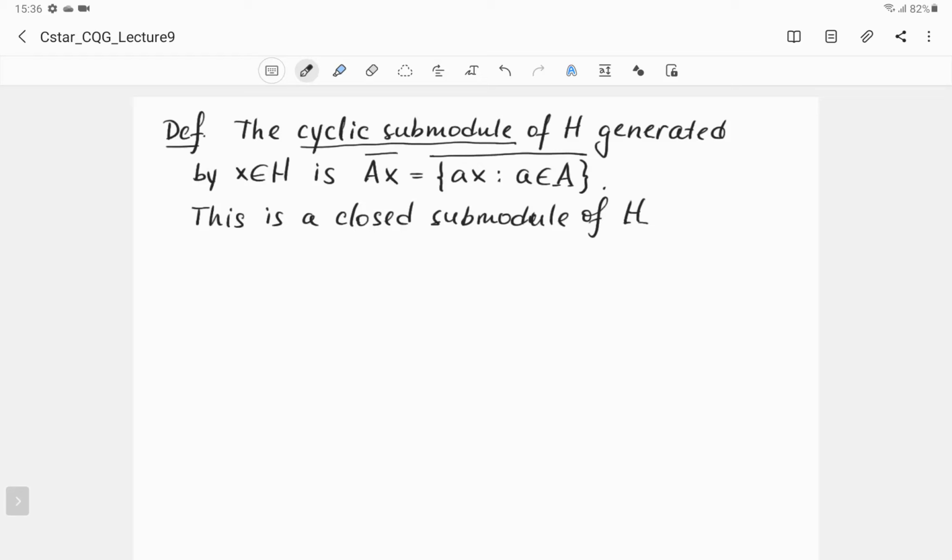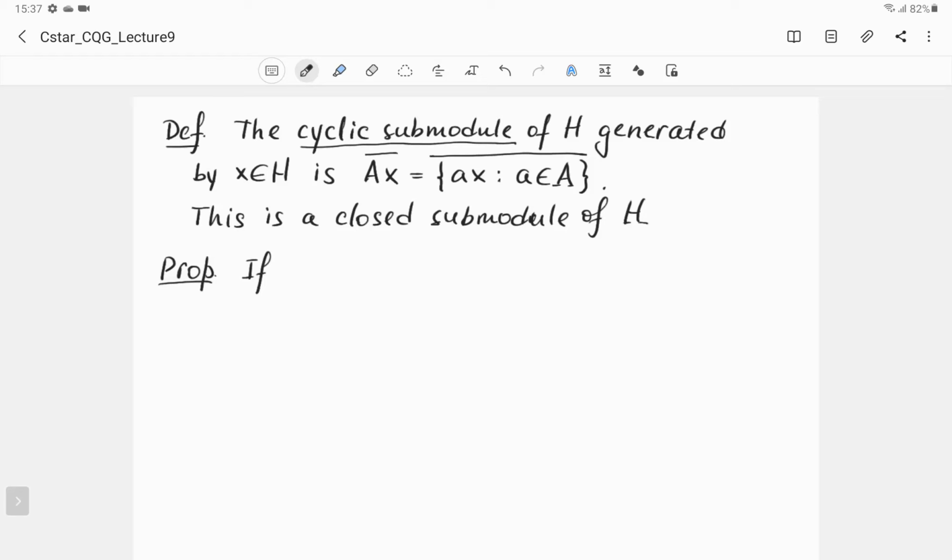In general, this is not true, but this is true provided that little x sits in the essential part of H. Now this is true, but before we prove this, we'll need another property of essential modules,